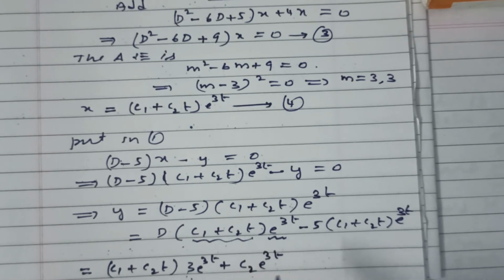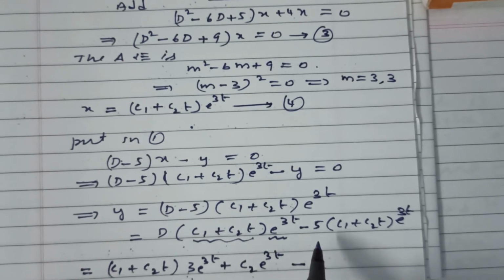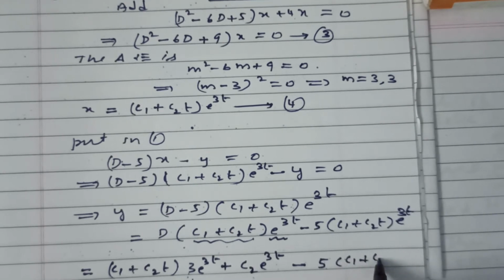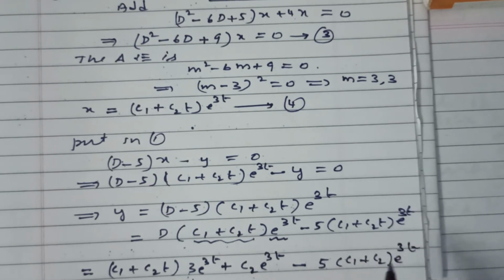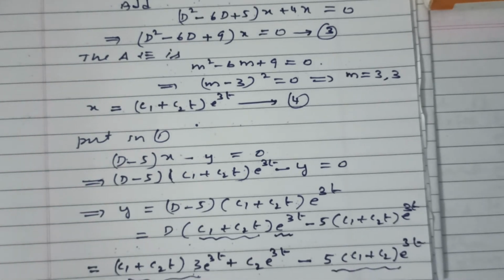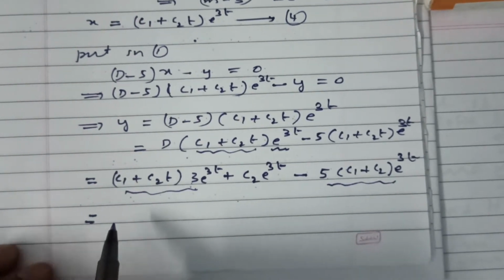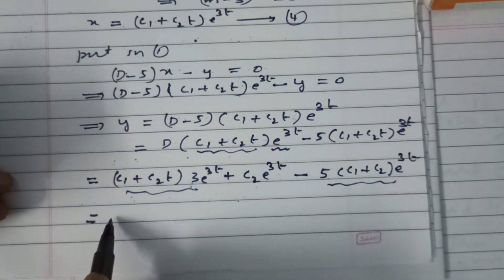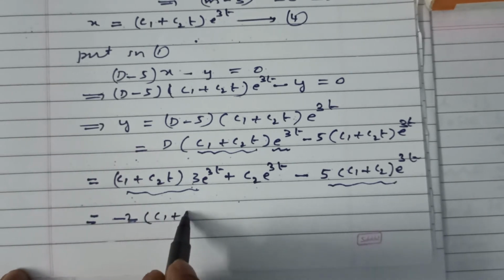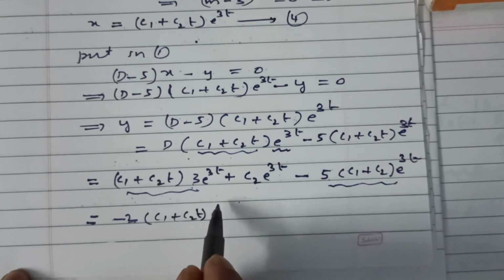Next, minus 5 into (c1 plus c2t) into e power 3t is equal to, in simplification, minus 2 into (c1 plus c2t) into e power 3t